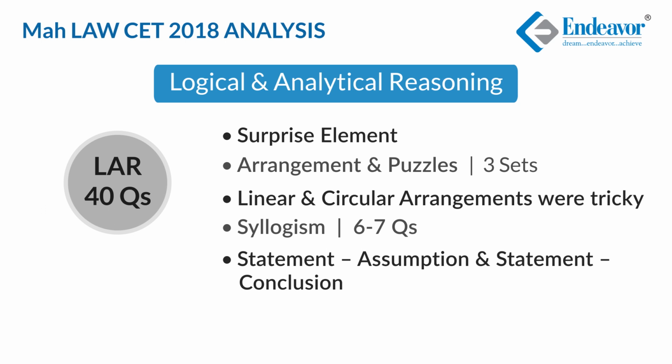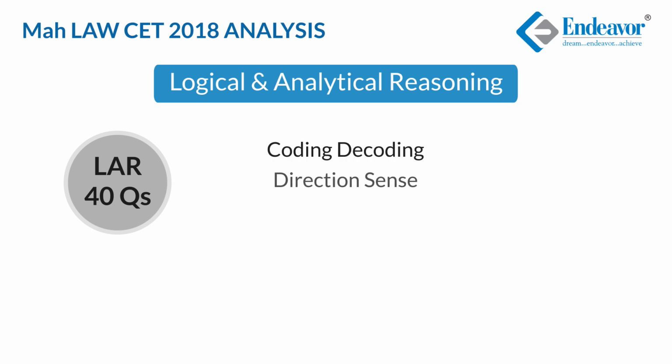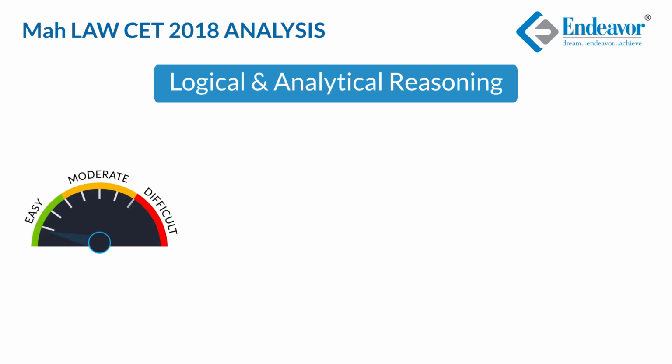Surprisingly, there was one set of input-output data structure, which was a bit tricky to solve. Apart from that, one more surprising element was mathematical inequality based puzzles, which were again difficult to solve for the majority of students. A couple of questions were from coding-decoding, direction sense and blood relations, which were again easy. However, these sets of data structure, mathematical inequality and arrangement and puzzles made this particular section a bit difficult to solve. As per my logic, this section was definitely difficult and one must allocate approximately 40 minutes